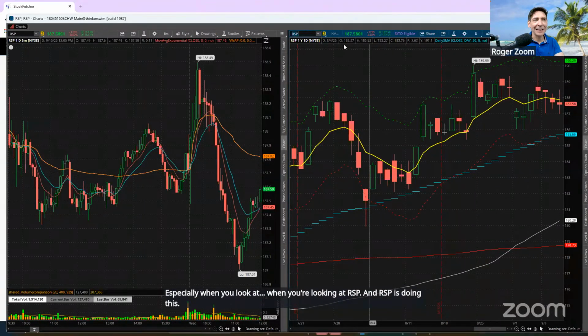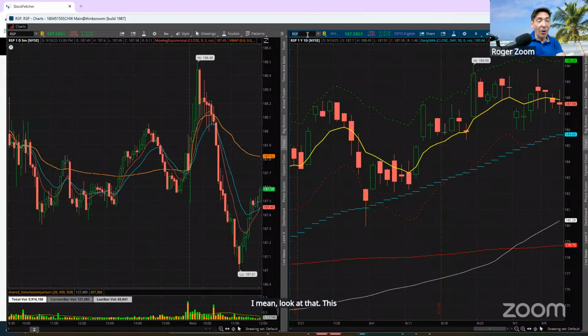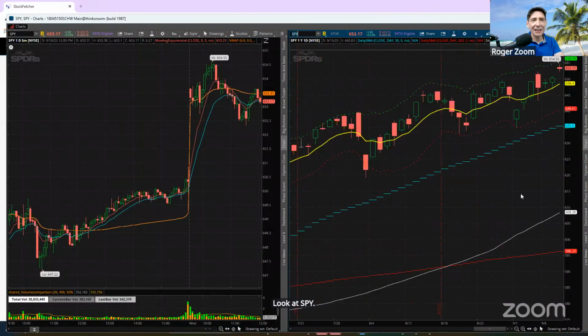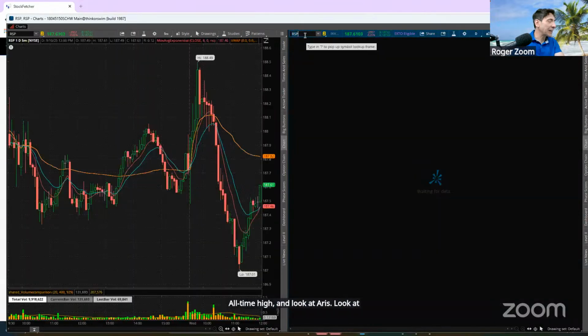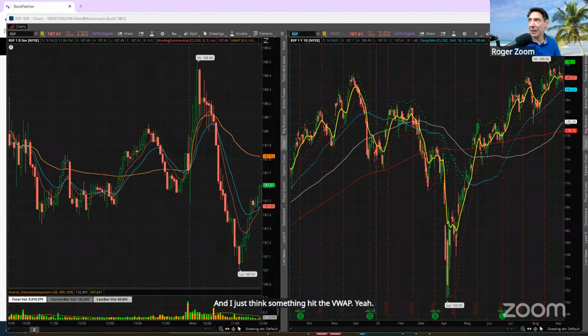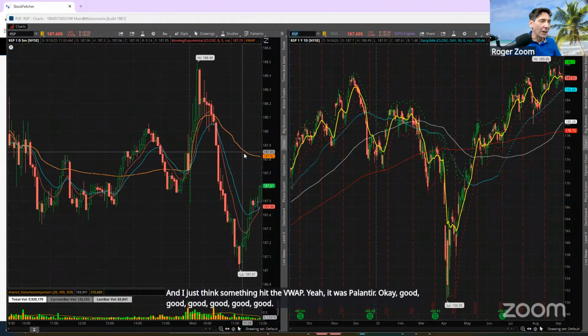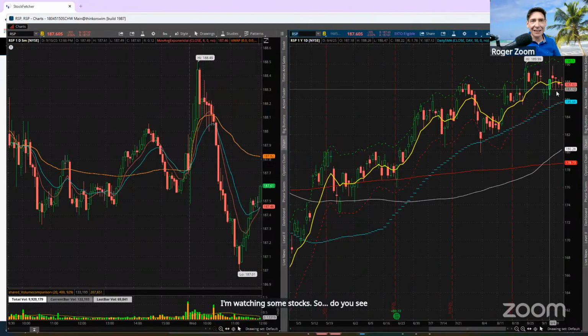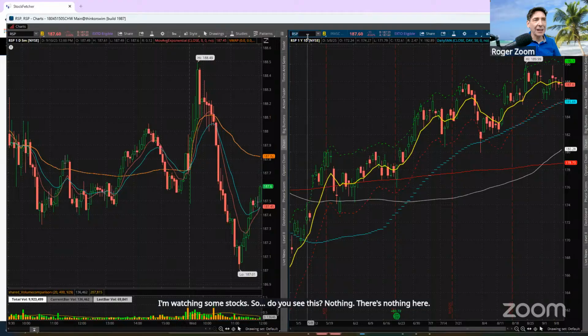I mean, look at that. This is all, folks. The only difference here is the weighting. Look at this. Look at SPY, right? Look at this, all-time high, and look at RSP. And I just think something hit the VWAP. Yeah, it was Palantir. Okay, good. I'm watching some stocks. So, do you see this? Nothing. There's nothing here. And look at QQQE,